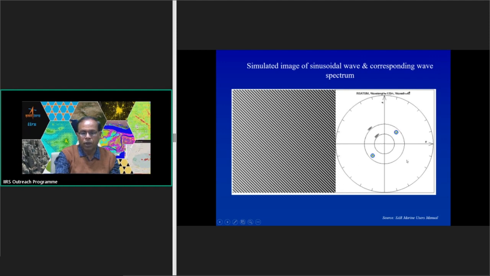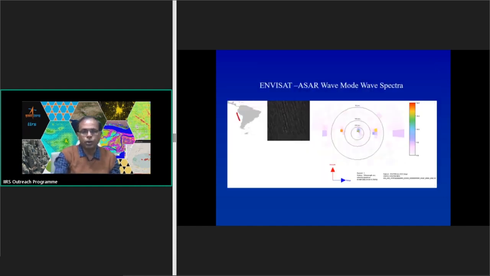So if you plot it in polar coordinates, you will find the spots, which will show you the wave direction at 45 degrees and the wavelength at 120 meters. Similarly, if you get real SAR data, you can find out the wave direction and the wavelength, etc., and you can give an input to the